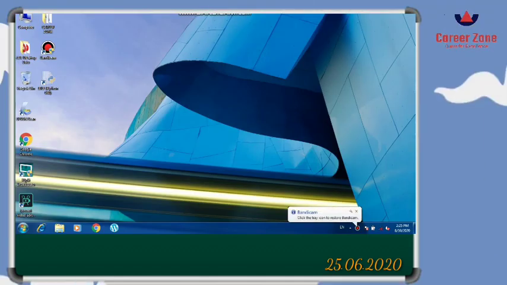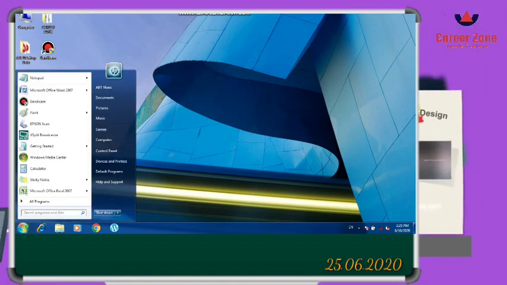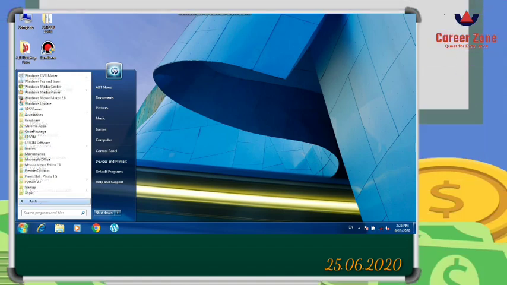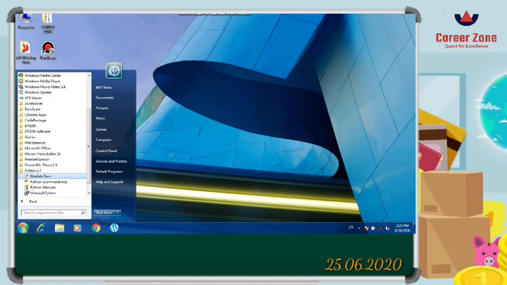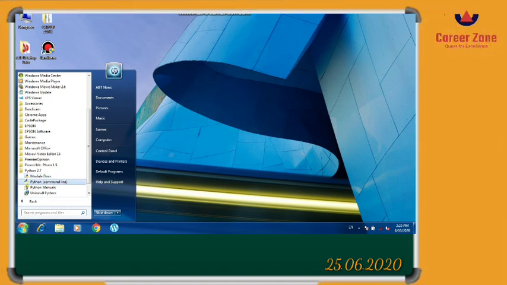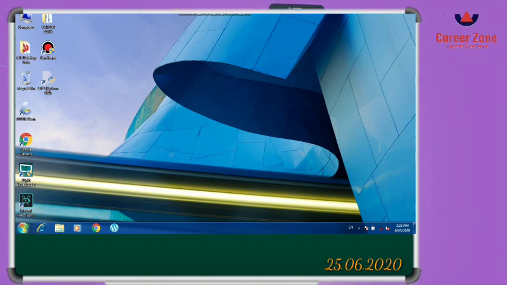So this is our screen where I will show you how you can open Python in both modes, the interactive and script mode. So let us begin. You have to go to the start menu, all programs, and go to the Python folder where you have installed Python. You will get the option of Python IDLE. It is not showing here because I have moved it to the desktop, so I am opening it from the desktop only. IDLE Python GUI. You will find it under Python where you have installed the software. So you have to double click on it and it will open the screen.